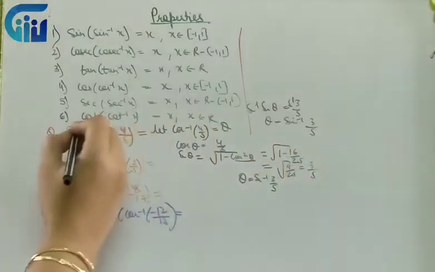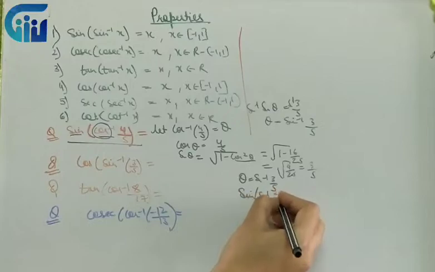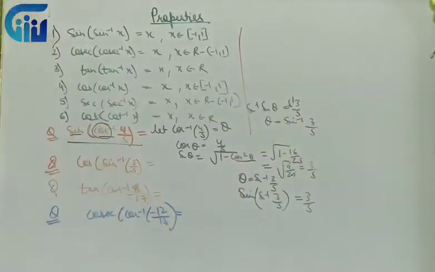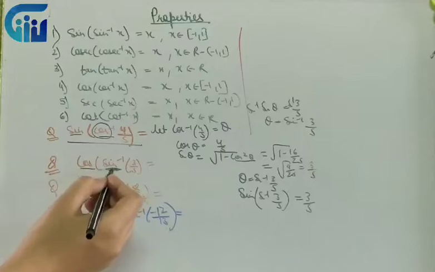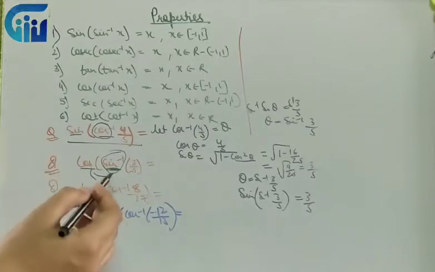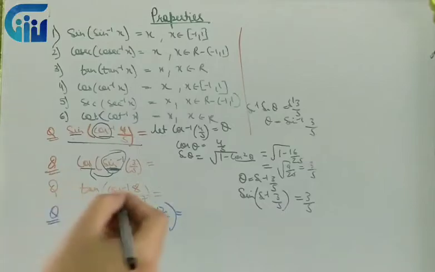So I'll write my question as sine of sine inverse 3 by 5. Sine and sine inverse will get cancelled. Answer will be 3 by 5, which very much belongs to minus 1 and 1. Over here, in all such questions, we will not have a problem of a given value belonging to a particular domain. Only the problem will be to change whatever angle or expression is inside to the inverse of the corresponding trigonometric function. The same thing, if it is sine inverse, I need to change it to cos inverse. I'll again follow the same procedure.